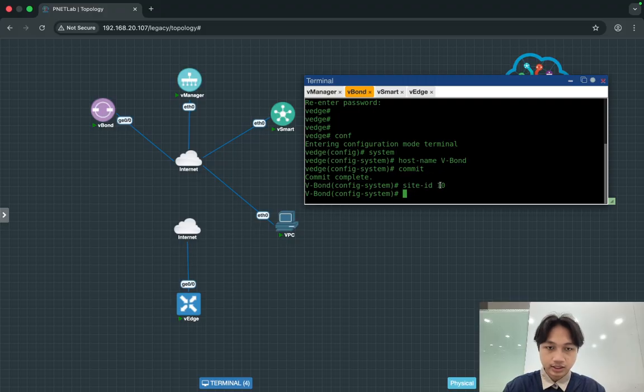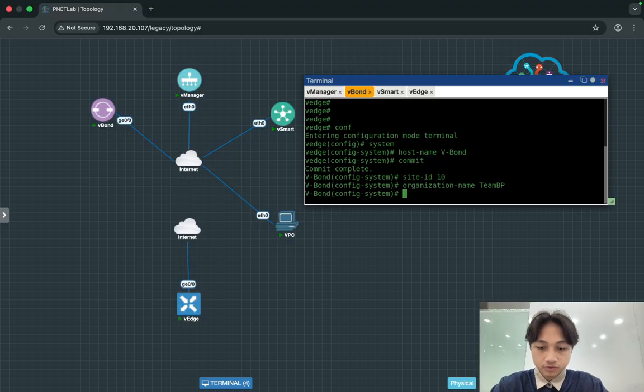After creating the site ID, you will create the organization name. This is the group name of this SD-WAN. For example, I use TeamBP. After that, you must create the vBond. Example, I use, right before you create the IP address, you must